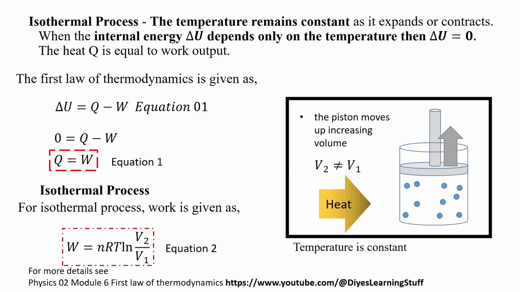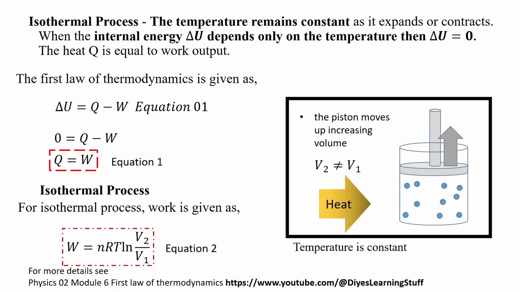Here we have gas molecules being compressed by the piston. Although heat is added, the temperature remains constant. This case is called an isothermal process. For an isothermal process, the temperature remains constant as it expands or contracts. The internal energy delta U depends only on the temperature, but since this is constant, then its change in internal energy is